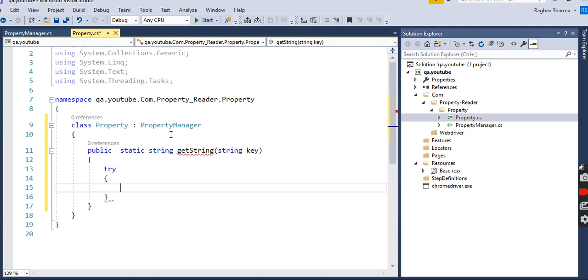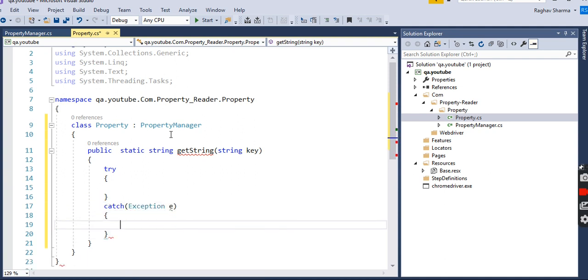Now try, catch exception key. Now return that empty, return e dot empty string, it will return. Okay,